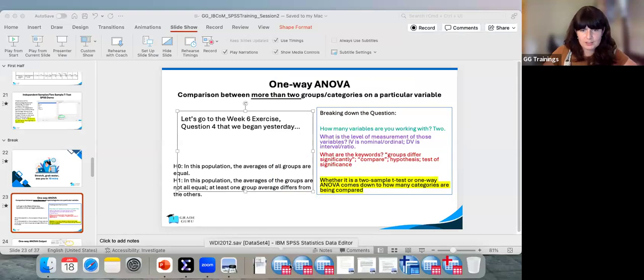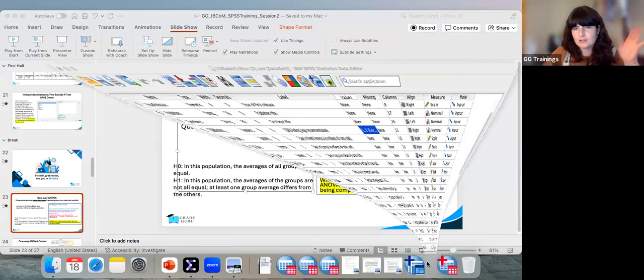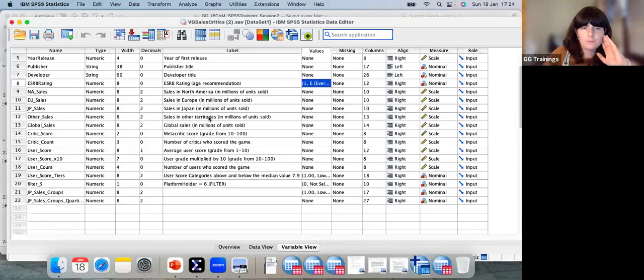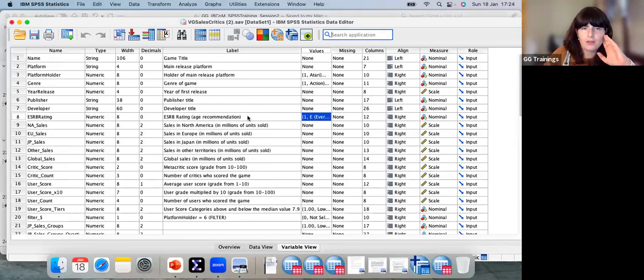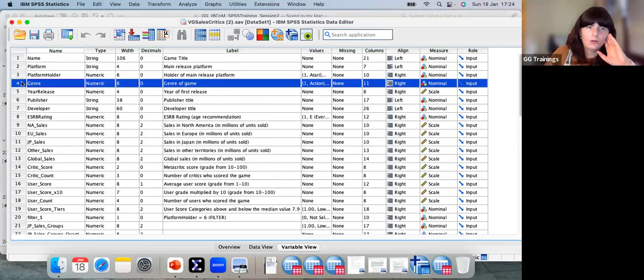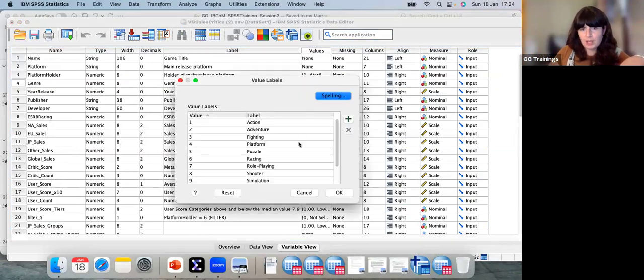Okay, let's pick a data set. Let's keep it simple. VG sales, why not? If they want you to compare all of the different genres of video games on their global sales, it would be a bit hectic, but basically, if you want to know how many categories are involved, you could look at the value labels, and you can see there's a hell of a lot of options. But often what they'll do is they'll say,